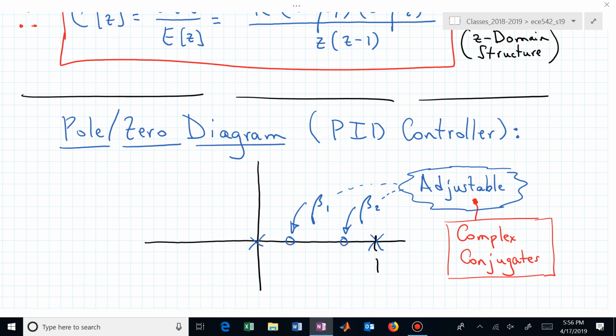Here's the pole zero diagram associated with just the controller. If you had a system, the system's poles and zeros would also be joining into this pole zero diagram. But right now, all I'm trying to illustrate in this graphic is a visual understanding of what a PID controller looks like. You simply put down a pole at the origin, a pole at 1. How many more times can I say this?